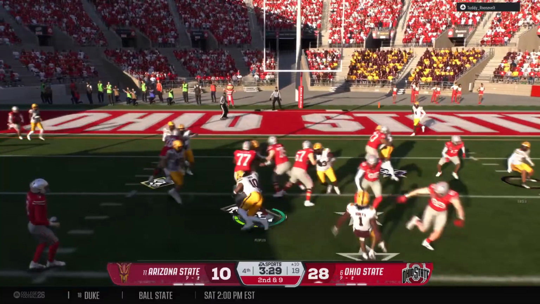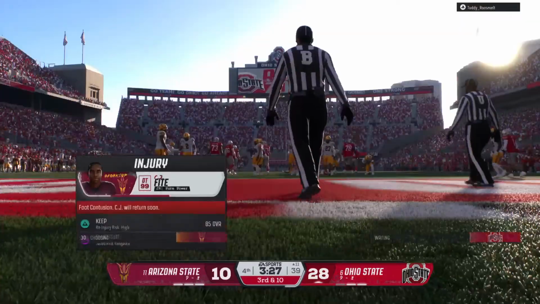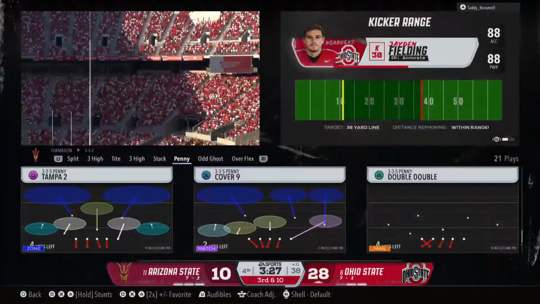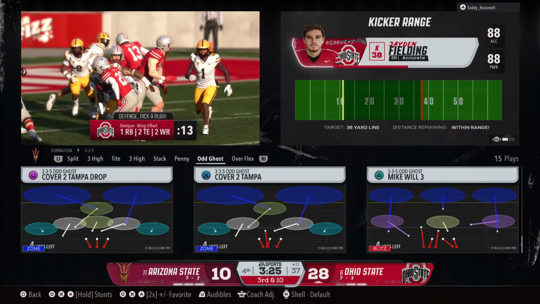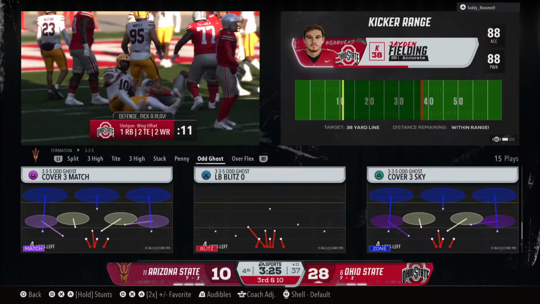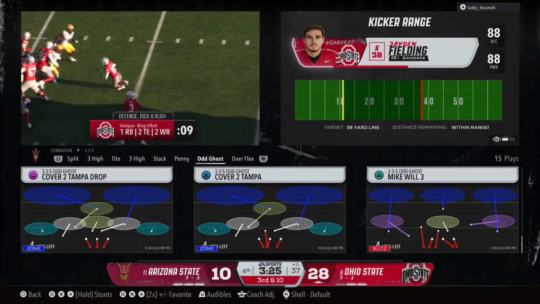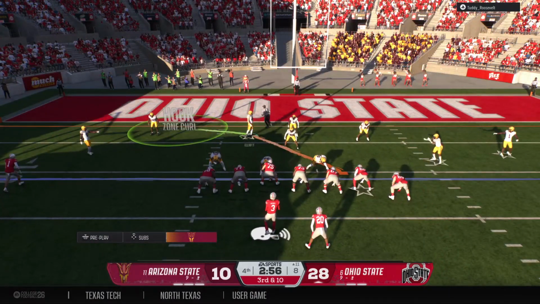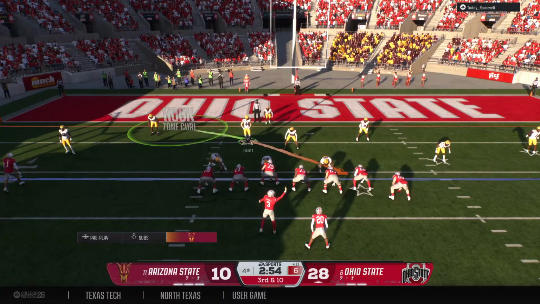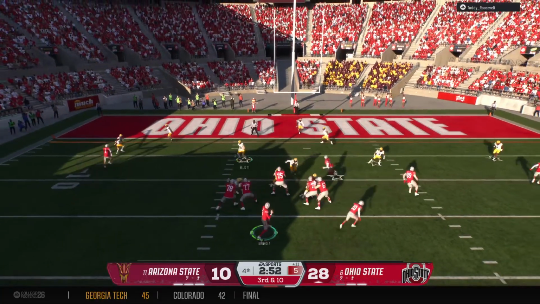Working clock with the ground game. Going absolutely nowhere. That'll be a loss on the play. Boy, these obvious running situations are very tough when you're working with the lead late in the game because you know the defense is going to stack the line of scrimmage, make it as difficult as possible for you to run the football. So nice job there by the defense. They're trying to punch that ball out, do anything they can at all to get the ball back.